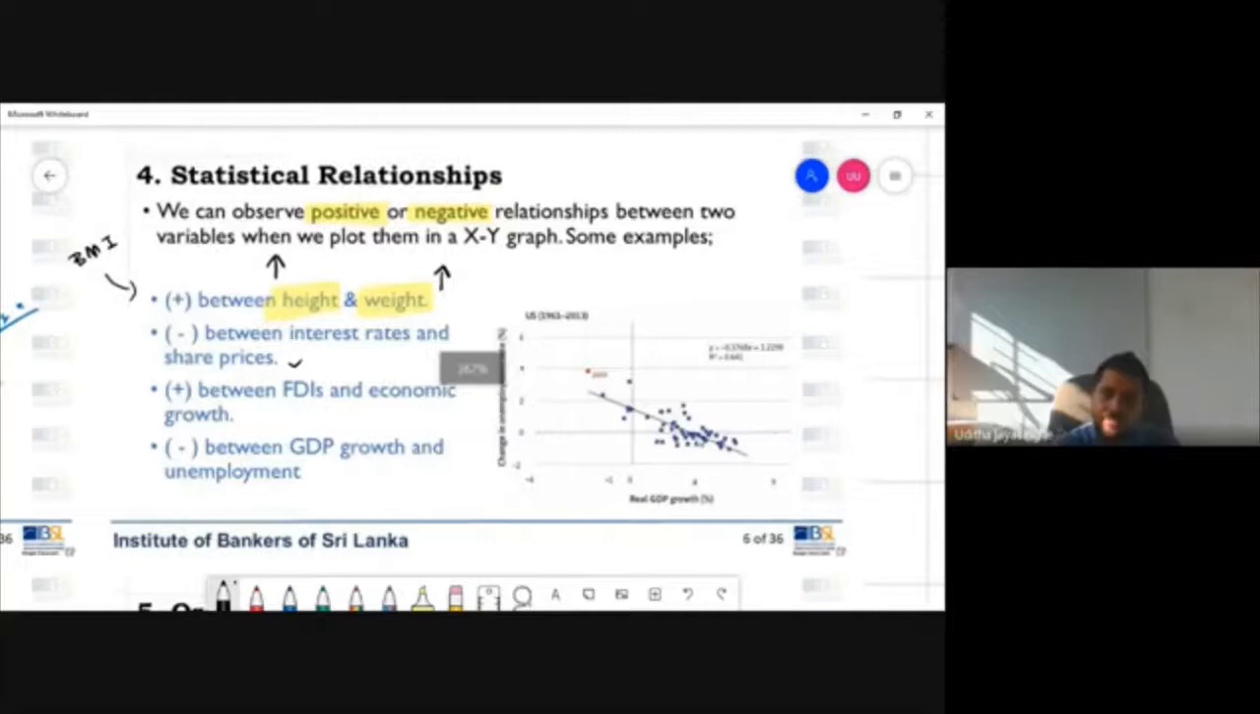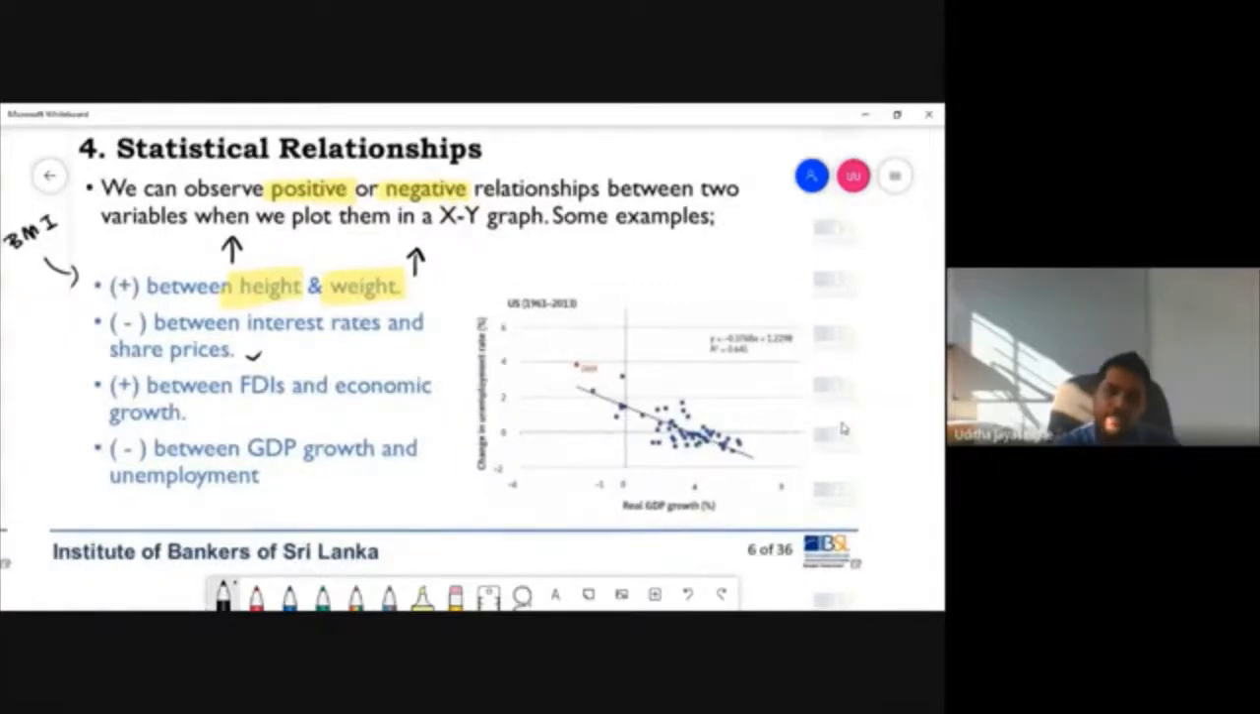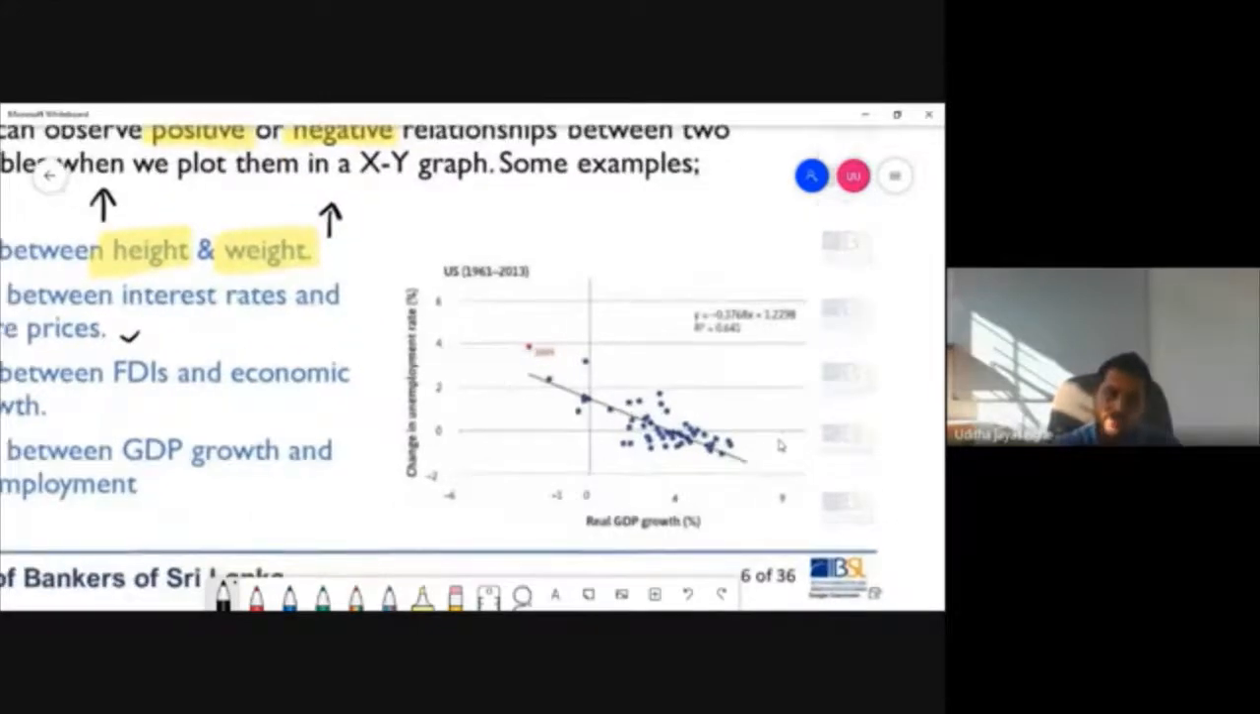Okay, look at the graph that I've given here. I have the real GDP growth and the change in unemployment level. These are some of the scatter points that we can see. They may have plotted this from 1961 to 2013. Plenty of data points, maybe 30 to 40. And when they plot it,